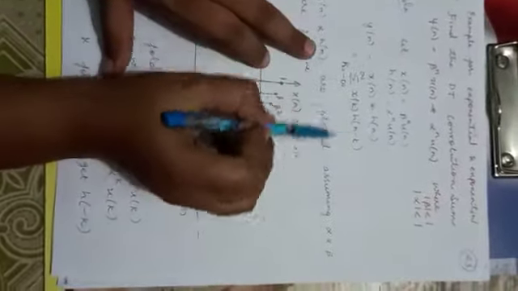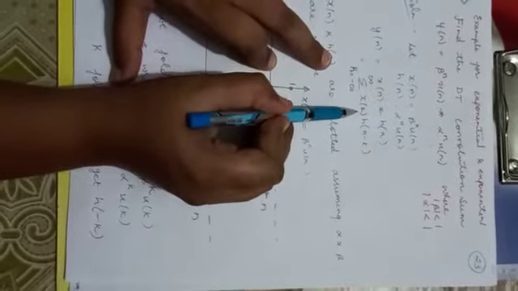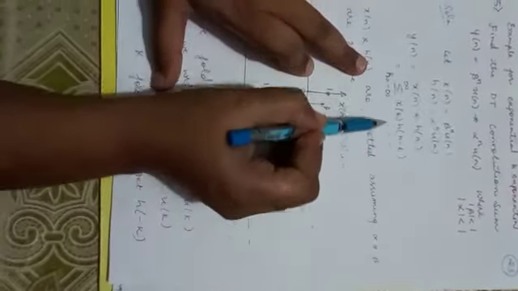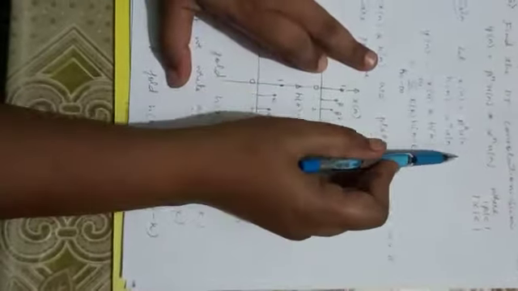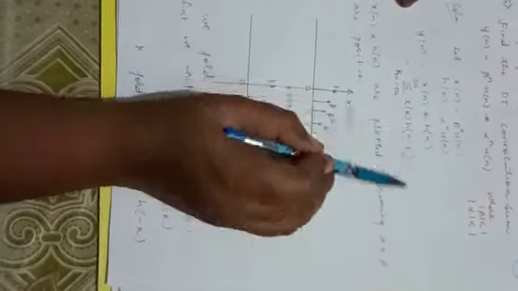So I have written the convolution equation: summation k equals minus infinity to plus infinity of x of k into h of n minus k. It is good practice to write this definition for all the problems. I might have skipped it in the others, but you should practice writing the definition in the solution for any problem.